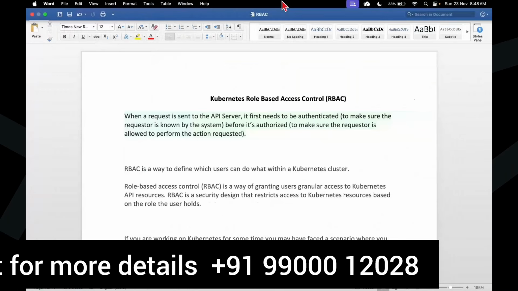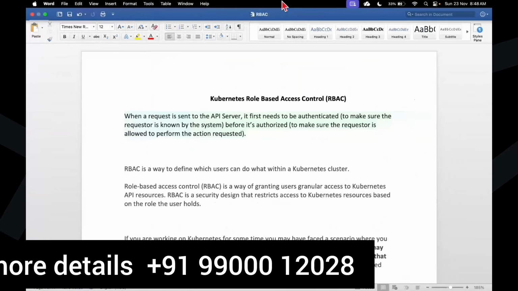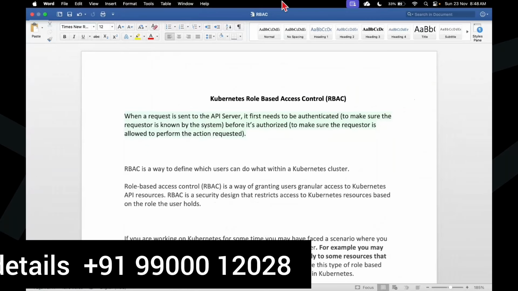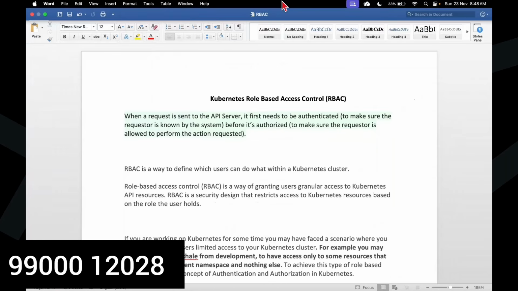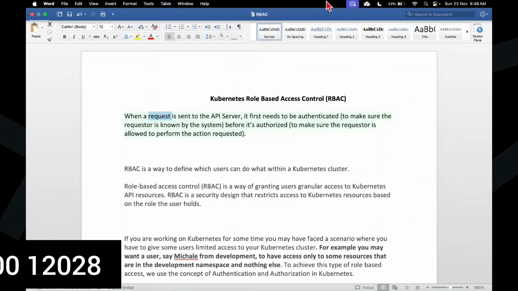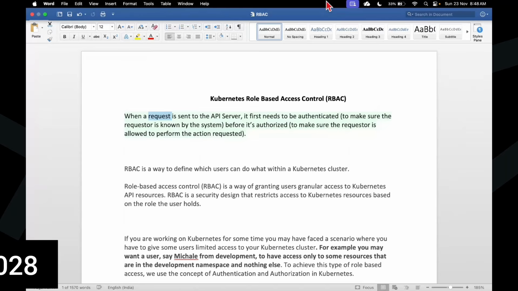Let's understand this RBAC concept, how we can control access. So Kubernetes role-based access control. When any request goes to the API server, understand again whether it is a self-managed Kubernetes cluster using Kubeadm, that